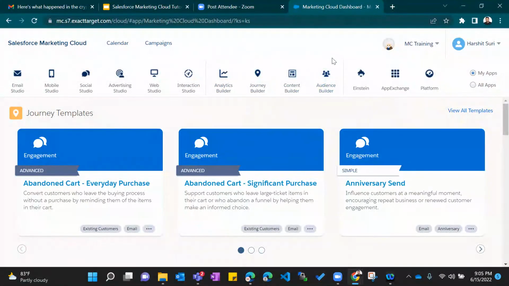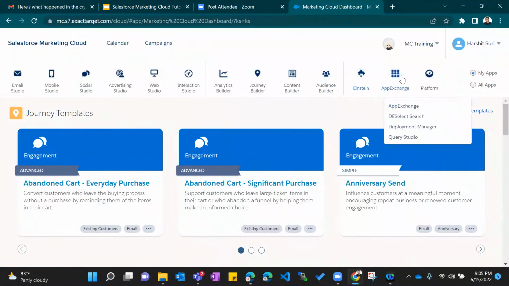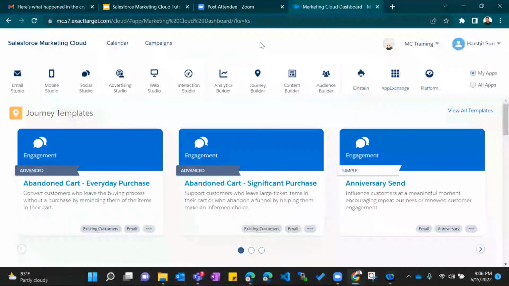Also, Marketing Cloud has some Einstein capabilities, AI capabilities. We can see a brief about them, as well as some other features we will see step by step when we proceed further with our training. So guys, I will open for questions now. We are going to study each and every topic in detail.